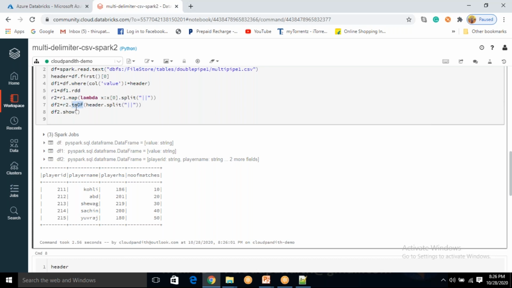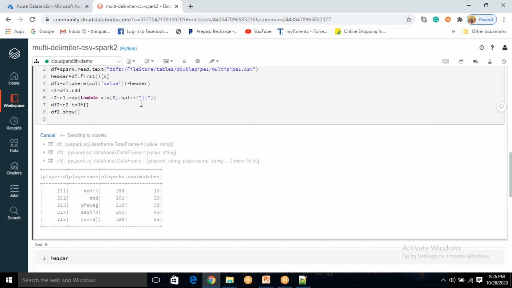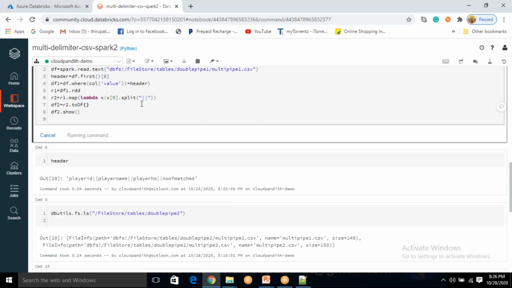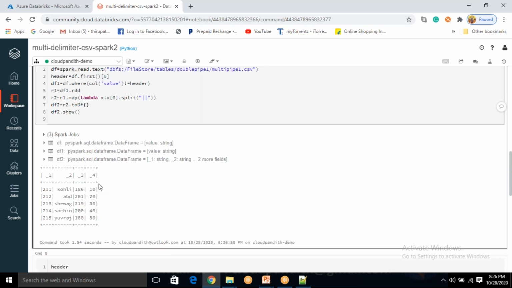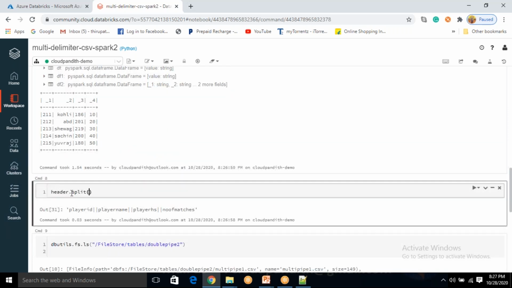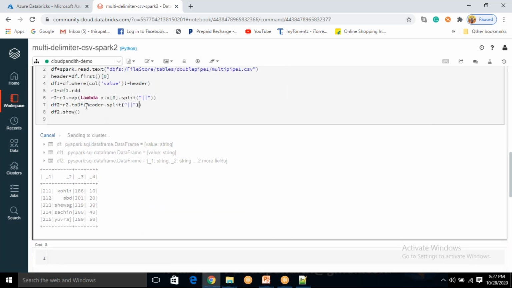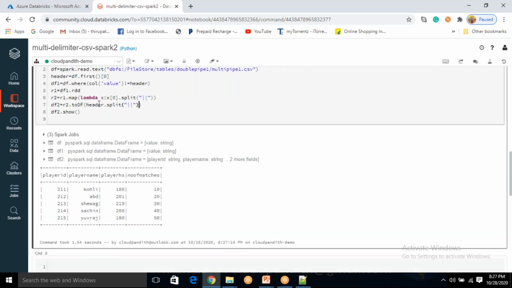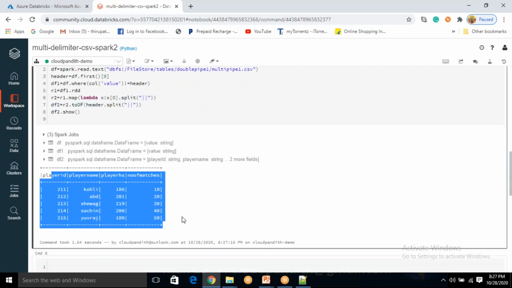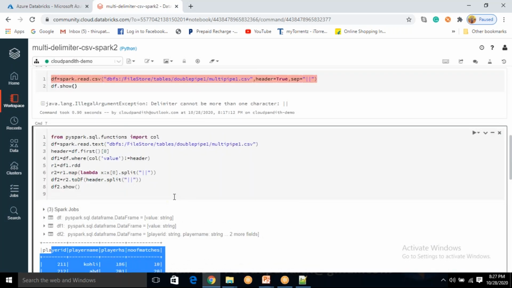Now, if you're not passing this value, what will happen? Anybody know, friends? It will give you default header names, see, _1, _2, _3. Now you have headers. Okay, like this. Now what I'm doing is I'm saying split. I want to split these headers with double pipe. It's great. You see player ID, player name. So this is the code I am passing to this df2. Okay, this is splitting your data, meaning it will provide your headers. Now everything is same. Please look into this code for 1 or 2 minutes and please ping in the chat window if you have any questions.